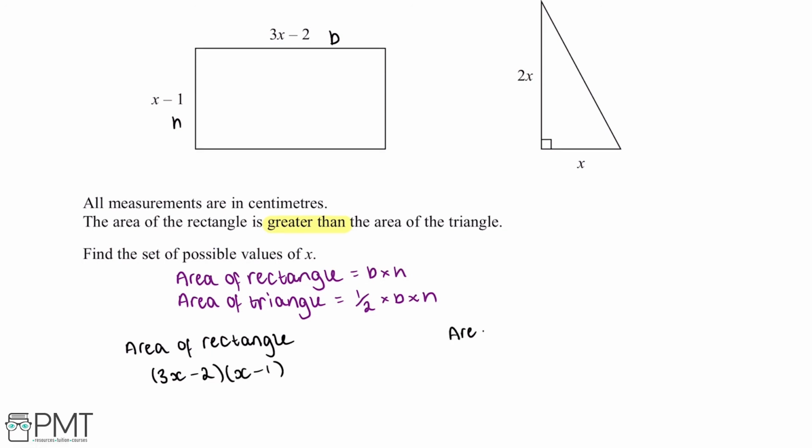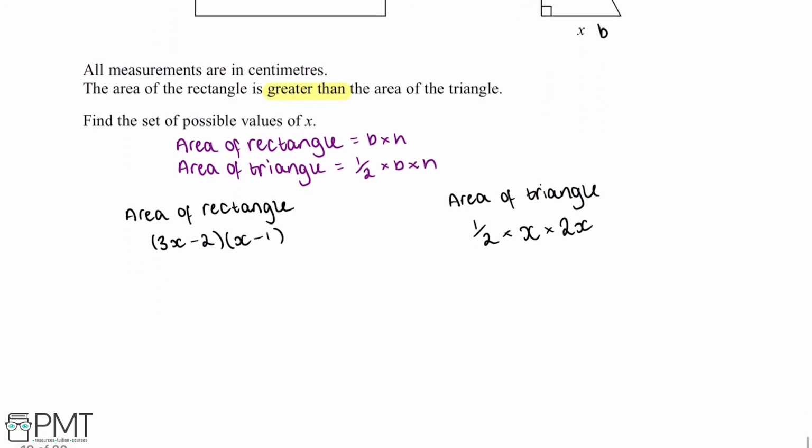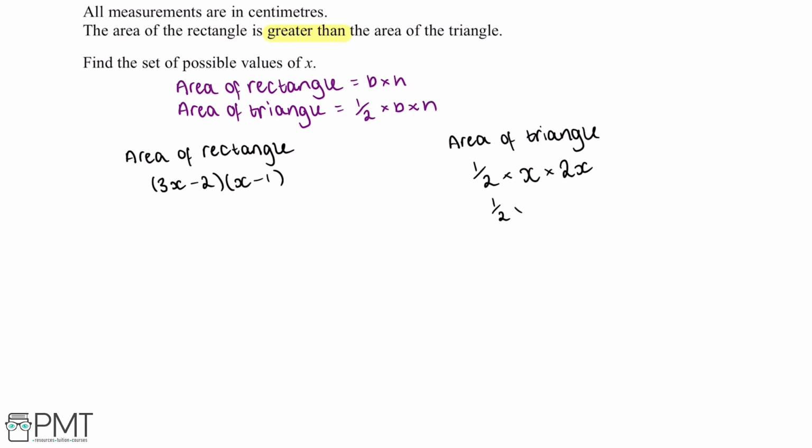Next we can work out the area of the triangle. Our formula is half multiplied by base multiplied by height, and the length of our base is x, and the length of our height is 2x. So this means the area of the triangle will be a half multiplied by x multiplied by 2x, and we can simplify this down to a half multiplied by 2x squared,